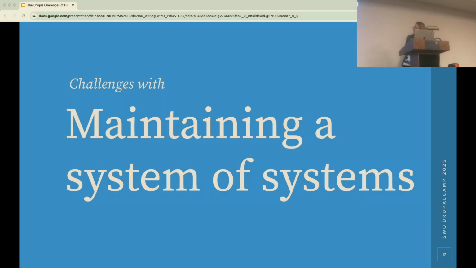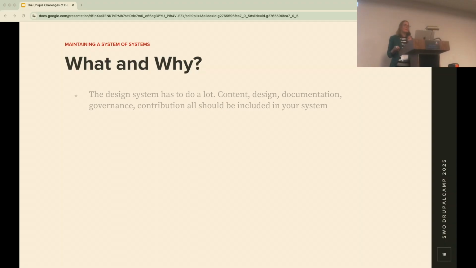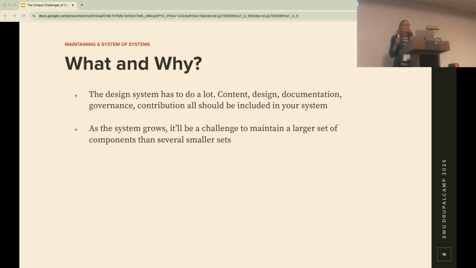So next, let's talk about maintaining a system of systems. So what exactly is a system of systems? Well, there's a lot that a design system has to do. So a typical design system includes brand elements, components, guidance for content, UX, documentation, the list can go on. But one small change can affect all of that. So as the system gets larger and more teams are adopting the system, it's more of a challenge to maintain